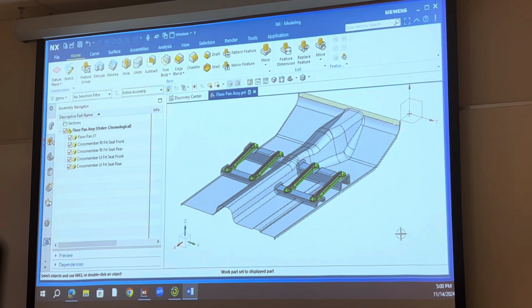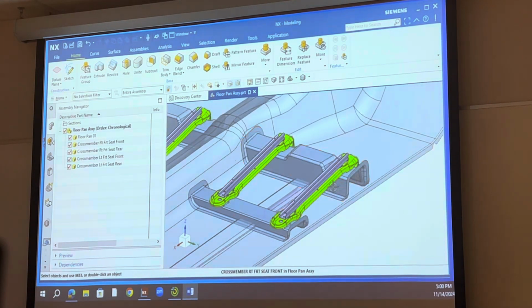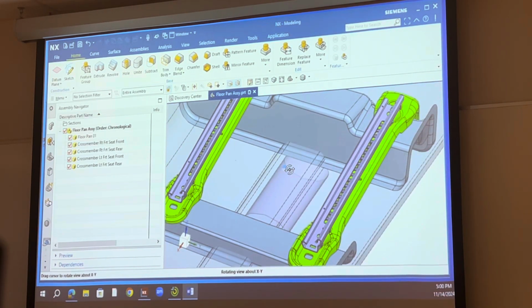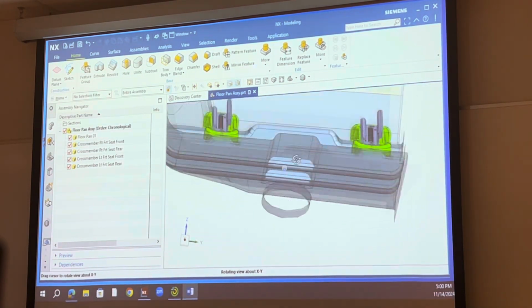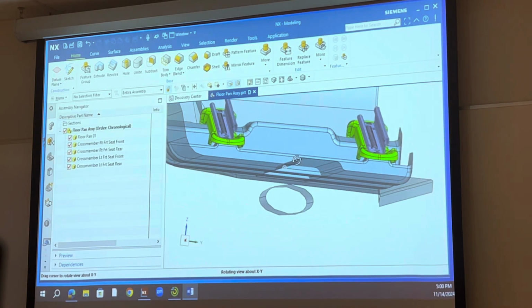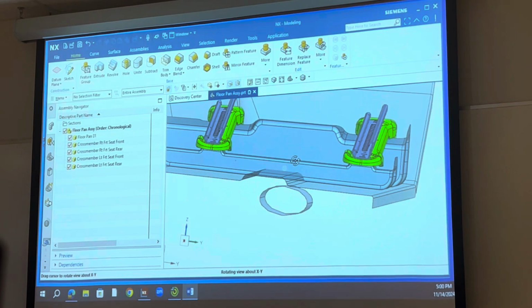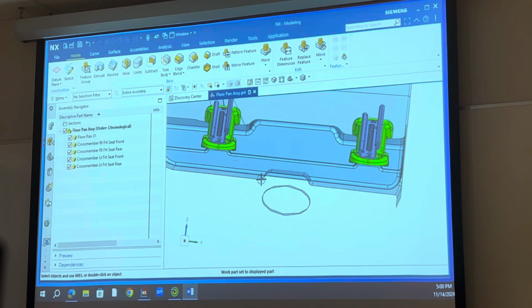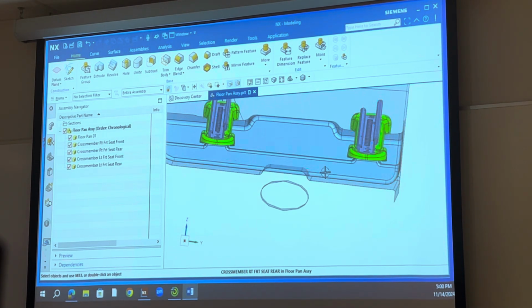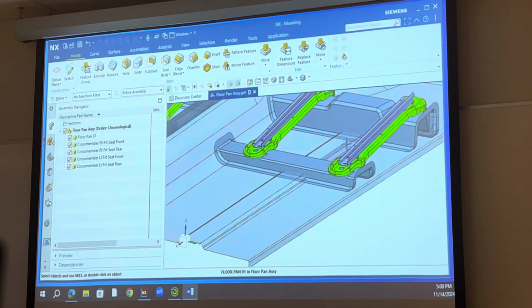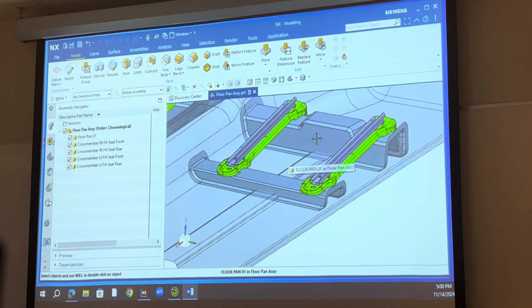Modifying cross members for floor pan change, which means, if you recall last week, we changed the bottom of the floor pan to make room for that converter. Because of the heat, it had to be a certain distance from the floor pan, so instead of moving the whole floor pan up, we just put a little clearance area like that, kind of like a bump. But that then changed our floor pan, and our cross members